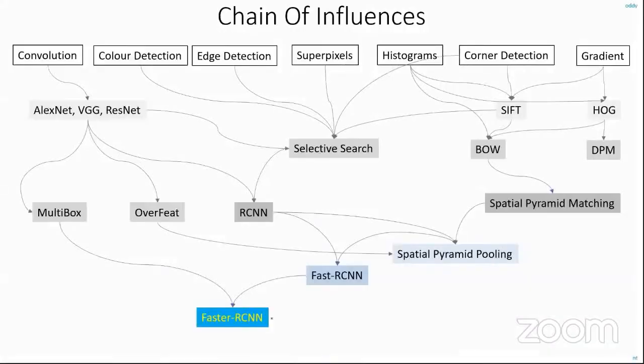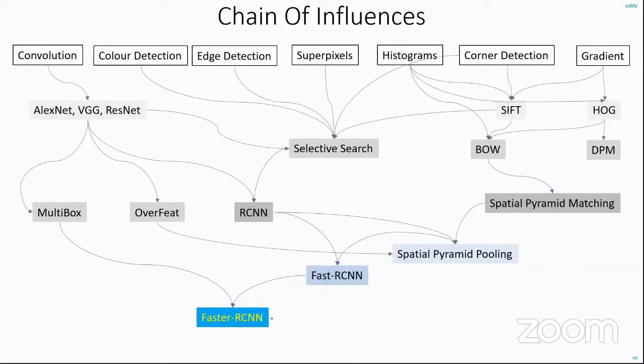So you can see this is a map. Now what this map tells you, don't get confused if you don't know anything about it right now, but for now just see what all things are there. There is convolution. So people who are coming from convolutional neural networks, first of all, when convolution was introduced,